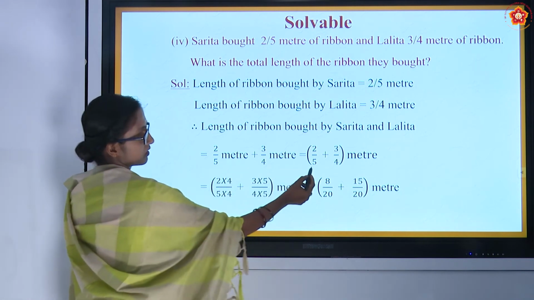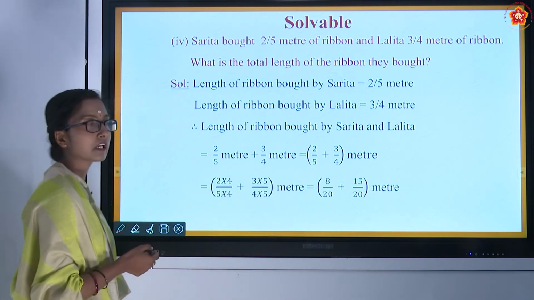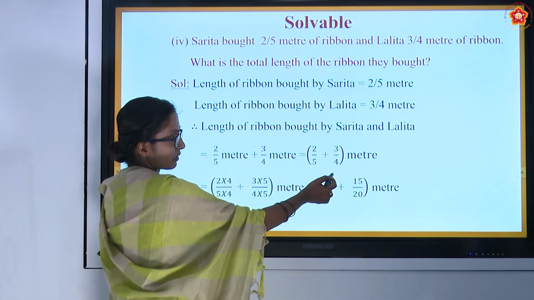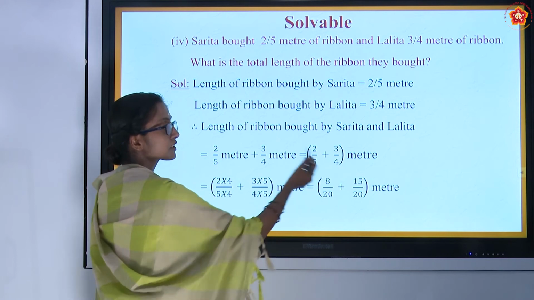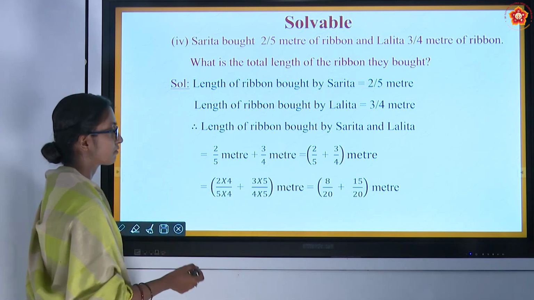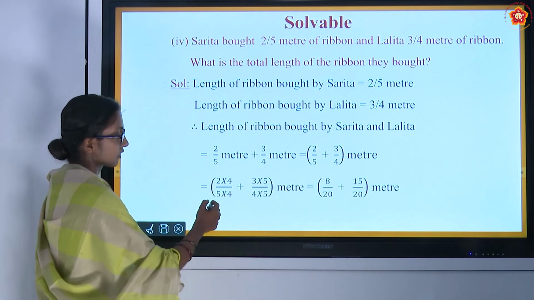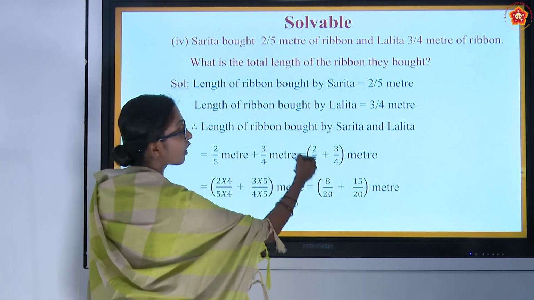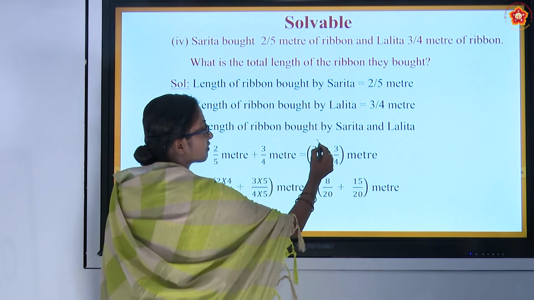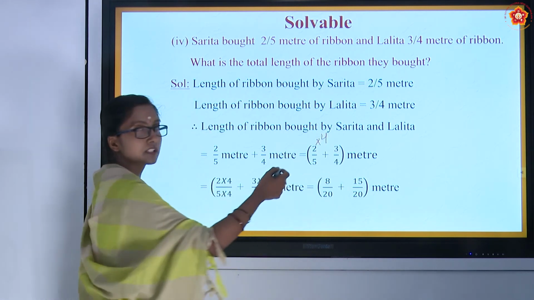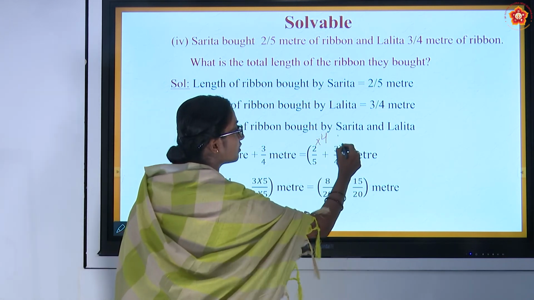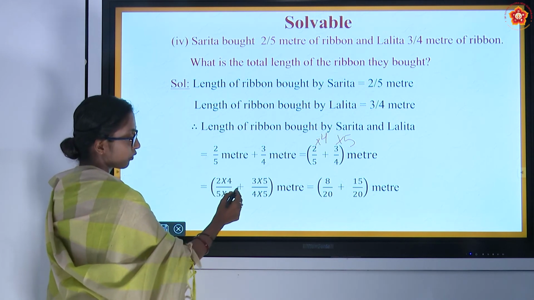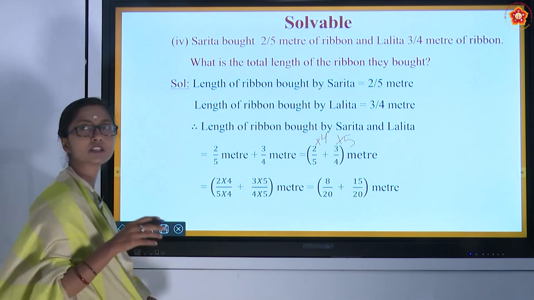Fine. Here different denominators are there. We need to take the LCM. If they come in the same table, take the LCM; if they don't come in the same table, directly multiply. 5 4s are 20. So 5 times how much is 20? 5 4s are 20. 4 times how much is 20? 4 5s. So now 2 into 4 divided by 5 into 4 as the denominator